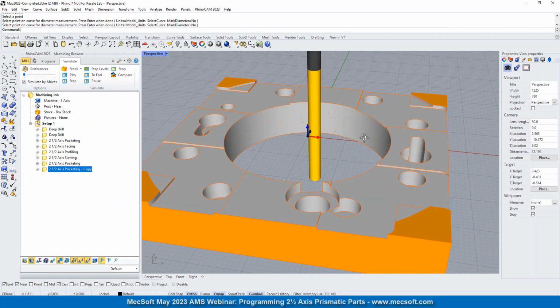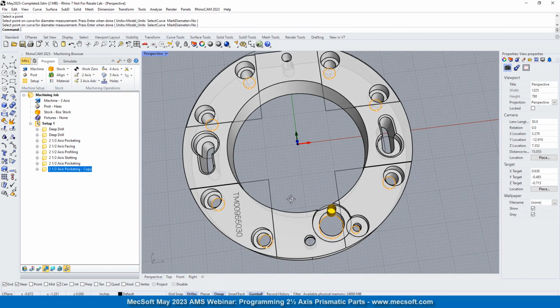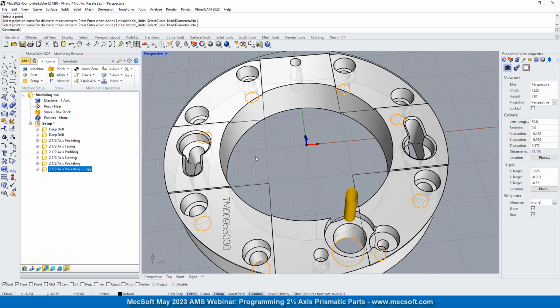Okay, now what do we have left? Well, we got the chamfering and the engraving. Let's go ahead and do the chamfering. Now for chamfering,